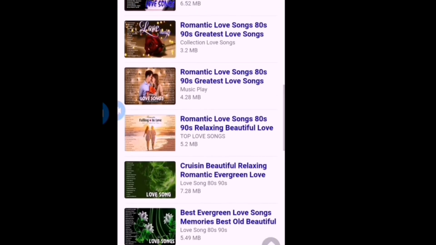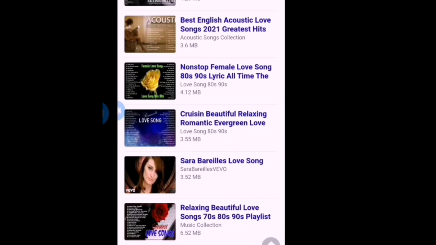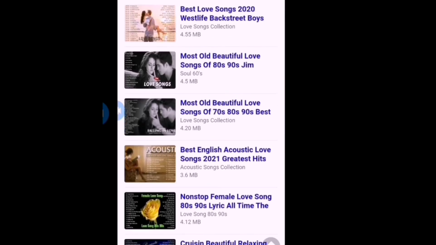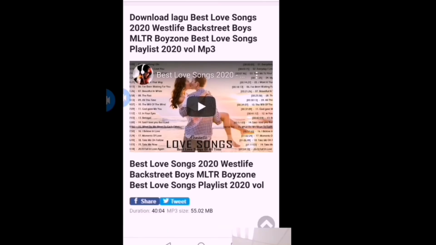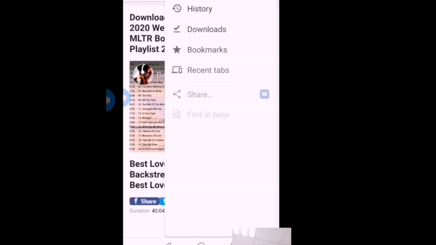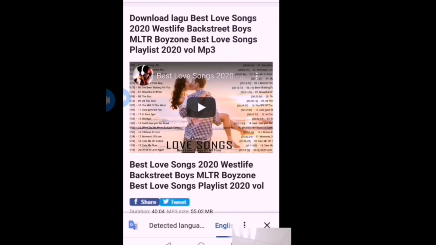So I try to click one, and let's see, to open the song. You can play the song for you to hear it. We will try one. I try to click one, and let's see to open the song, and you can play the song for you to hear it. We have to translate again to English,